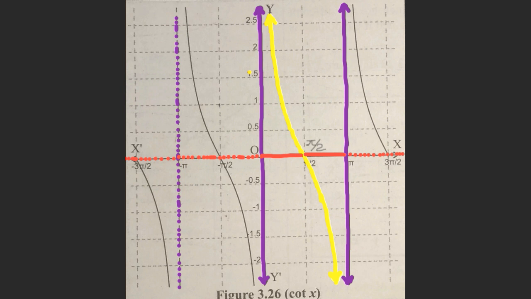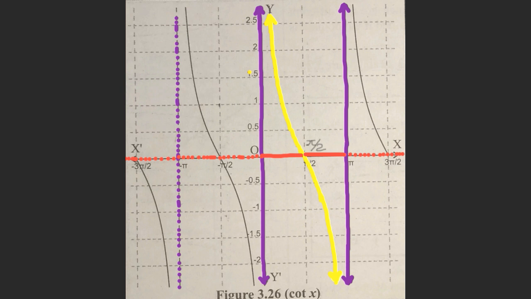Now let us see whether the function is increasing or decreasing. This cotangent function is decreasing in all the intervals shown by purple lines. That is, it is decreasing in the intervals minus 2 pi to minus pi, open interval minus pi to 0, open interval 0 to pi, open interval pi to 2 pi, open interval 2 pi to 3 pi, etc. Obviously, as this cotangent function is only decreasing in those intervals, therefore it is one-one and onto in all those particular intervals.